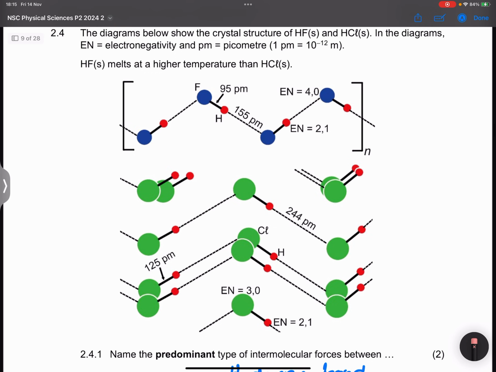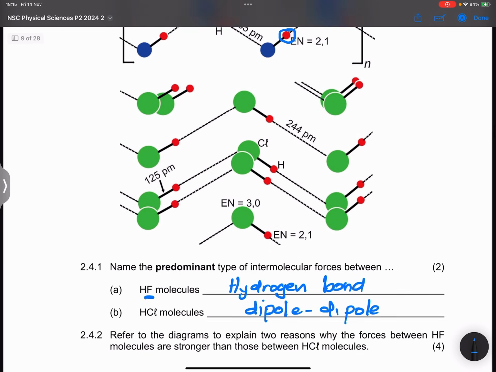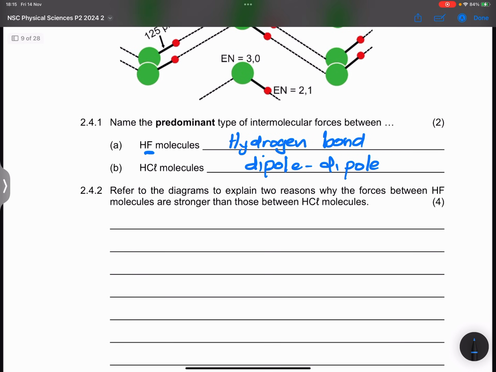If you notice when you looked at hydrogen fluoride, the difference in electronegativity between hydrogen and fluoride, firstly, they have a higher difference in electronegativity. So HF has a higher electronegativity difference